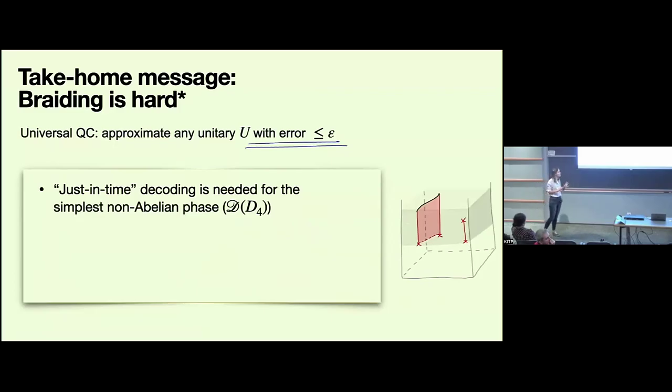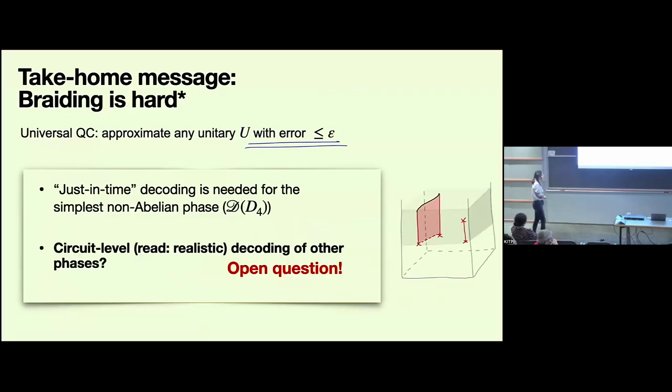So that nilpotence is a very important property. And in addition, the excitations of this model are really well understood in comparison to other ones, because they are very closely related to the toric code. So this is arguably the simplest non-abelian model to decode. And already there we are encountering these complications when considering a realistic implementation in real life.